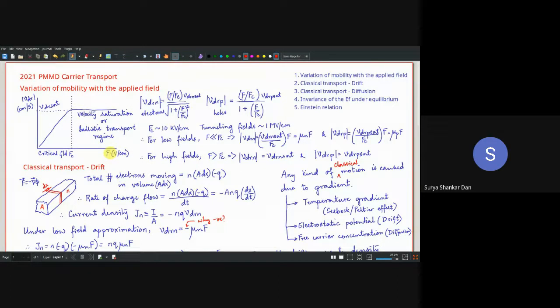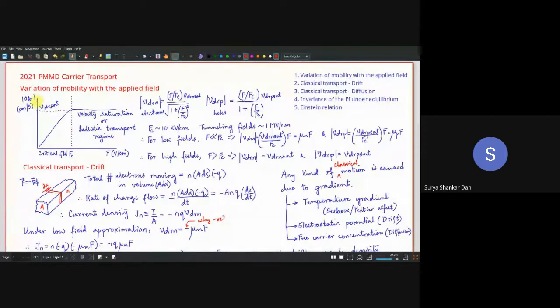Makes sense? Because if you have a certain contact, let us say this is a PN junction, and you are applying a voltage, plus V applied, then you are not changing the device dimension simultaneously, right? So with the device dimension remaining the same, you are simply increasing the applied voltage, and you are essentially increasing the field. From that fundamental perspective, if we go on increasing the field, the drift velocity will go on increasing. Why is that? Obviously because you are increasing the field.